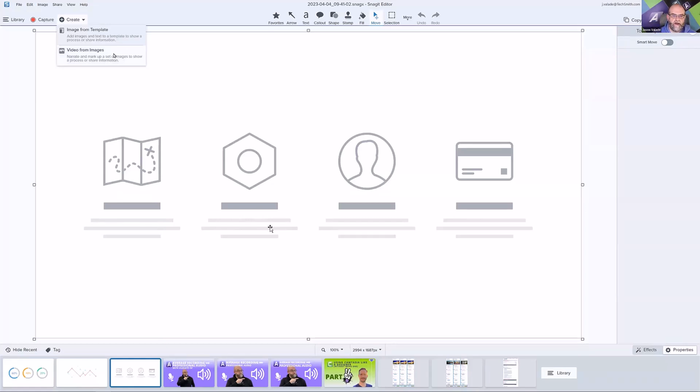You can definitely check out that recording. The way the Image from Template feature works, there's a couple of different ways to approach it. And I'm going to start with the most basic way, which is clicking that Create button and choosing Image from